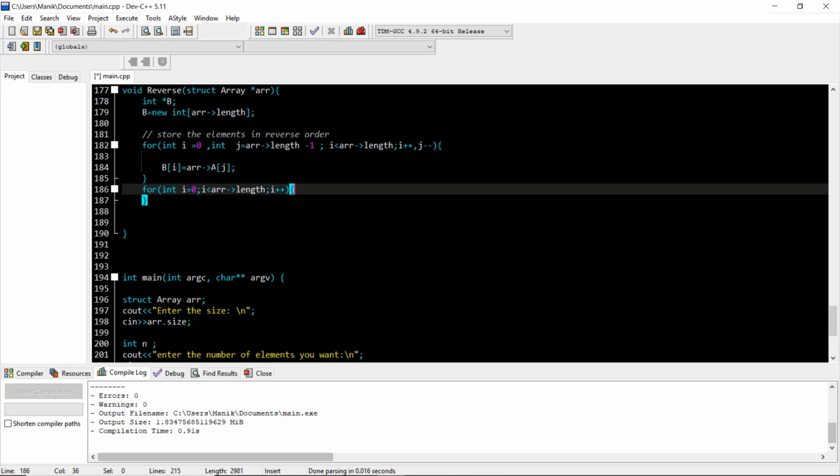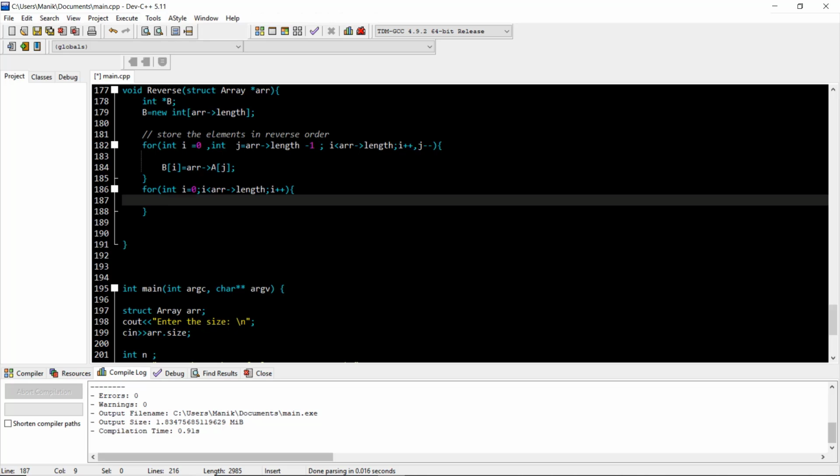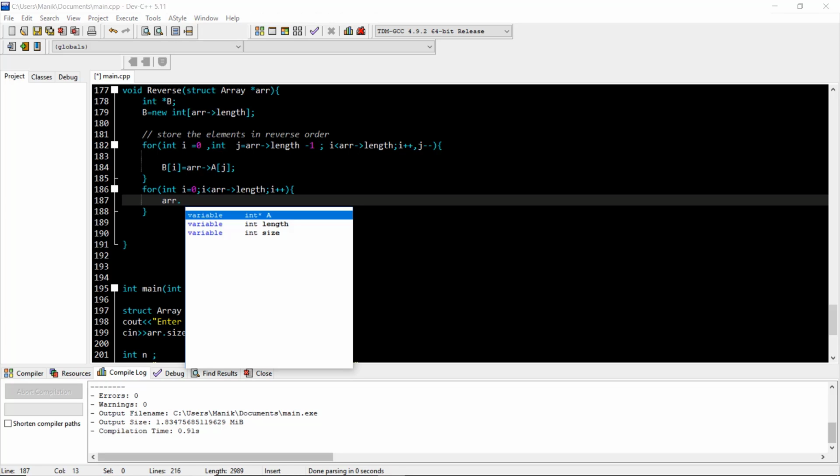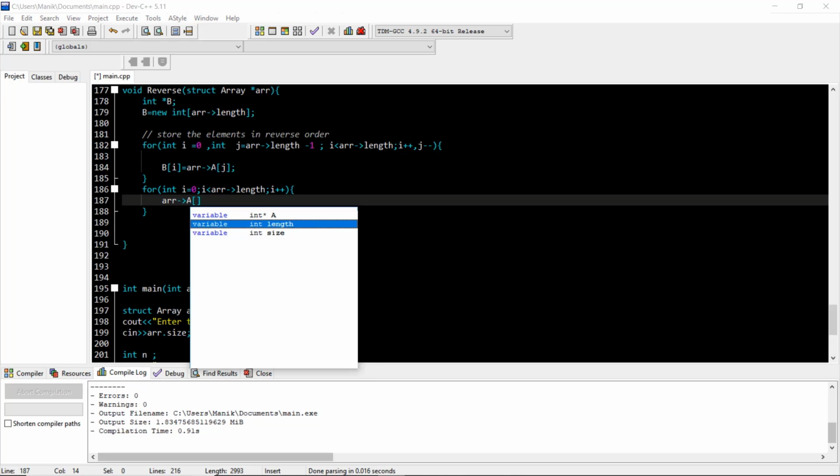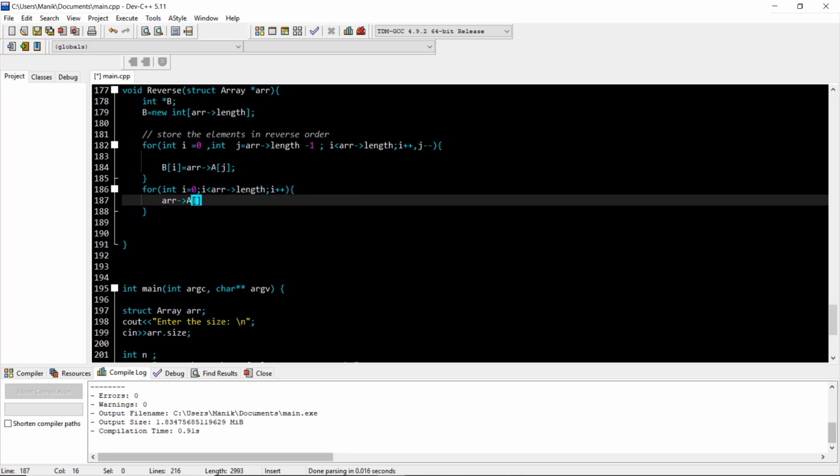Okay, so now what we are doing, we just put the elements back to the array. So arr dot a of, not dot but this, always remember this thing, of i. From the front side it was just printing.